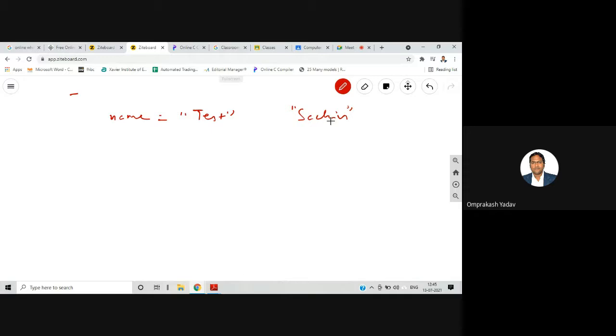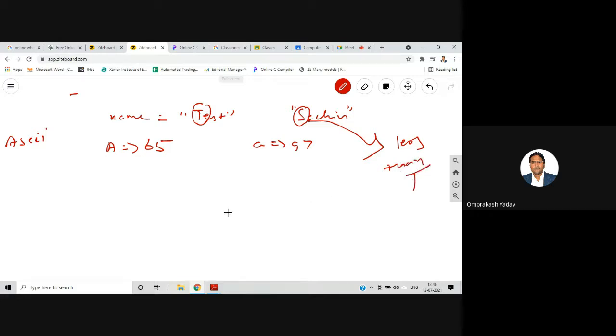What it will do is check character by character, and it tries to check the ASCII value. We know that for capital letters it starts from 65, and for small letters from 97. Now the first letter is T, and here the first letter is S. Obviously after S, T comes, so the ASCII value of S will be less than T.